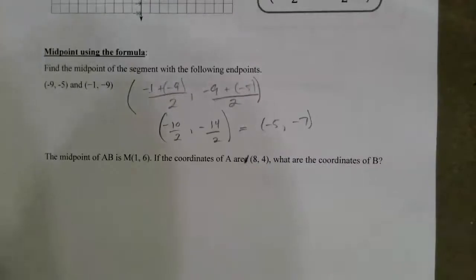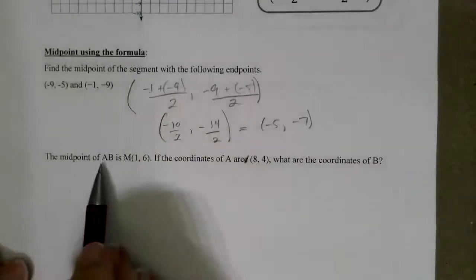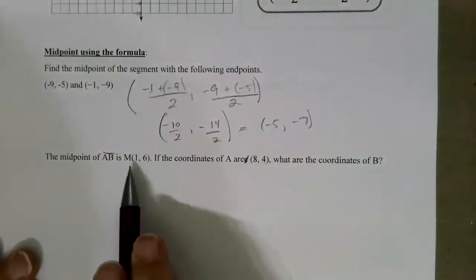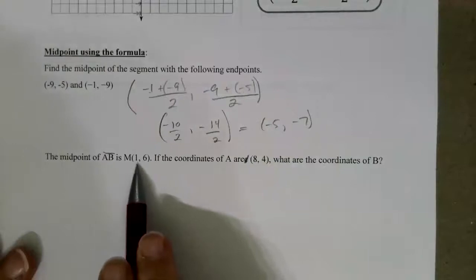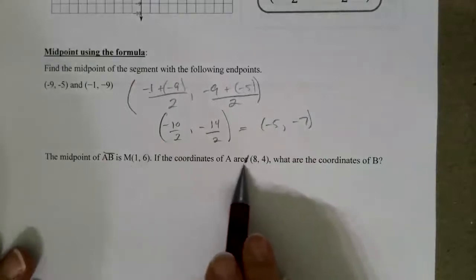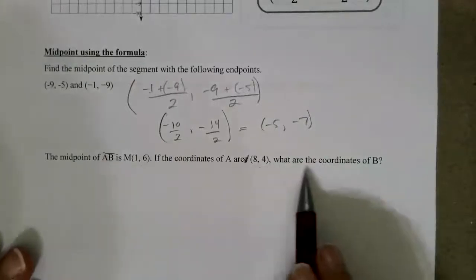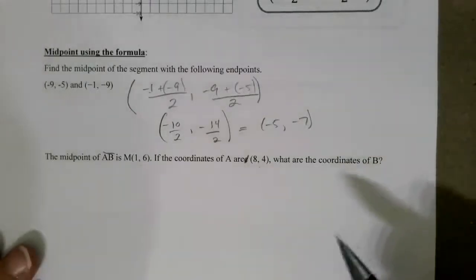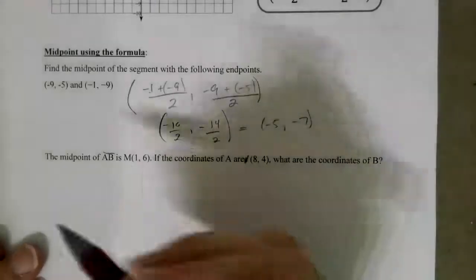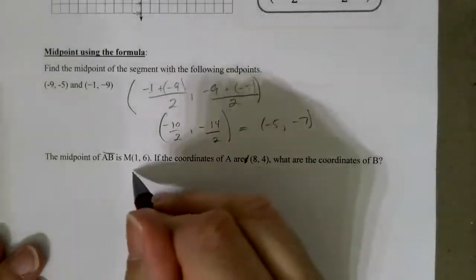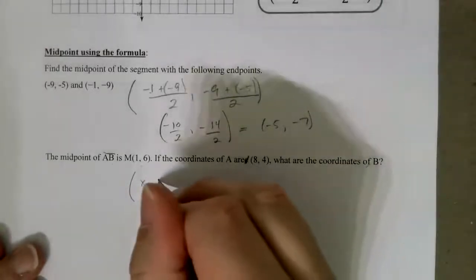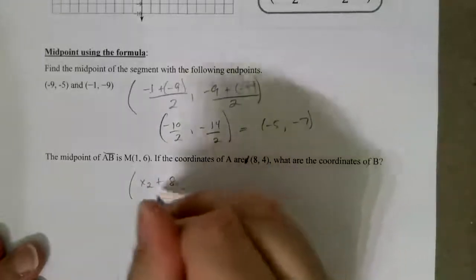All right, let's do this last one for midpoint. The midpoint of the line AB, there should be a little line up there, is M1, 6. This is the midpoint, okay? If the coordinates of A are this, what are the coordinates of B? Ooh, this is looking a little saucy here. Okay, let's give it a try. So I don't know x2, but I know x1 is 8, and that's always